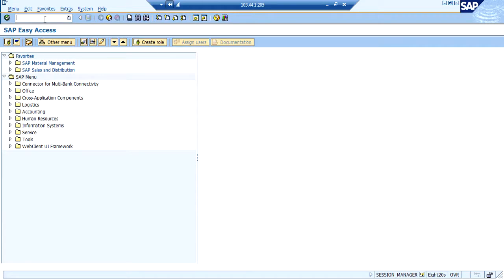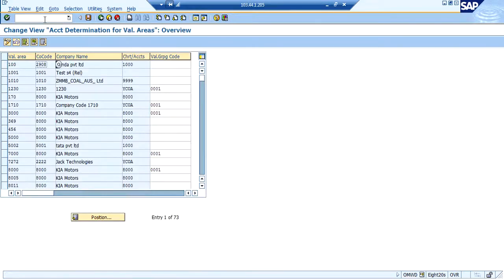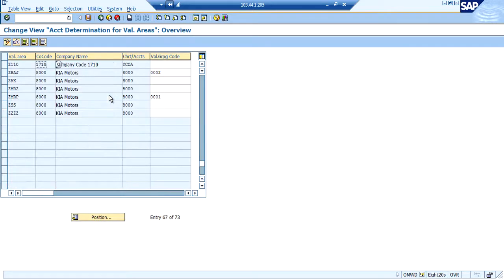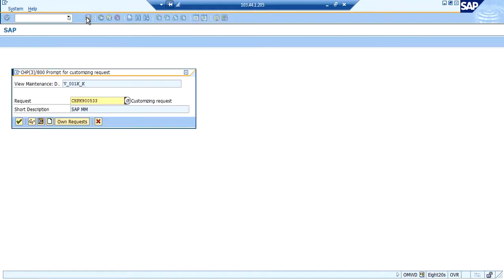Once this is done, for a plant one has to assign a valuation grouping code. This is also a mandatory step, otherwise none of the material documents will get created through the MIGO transaction. Here I am using valuation grouping code 0001 and save.